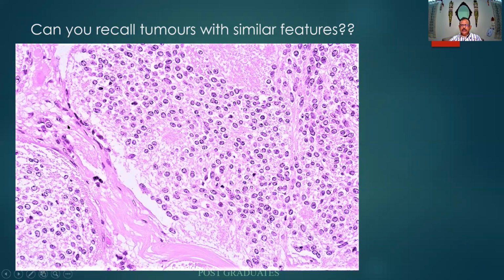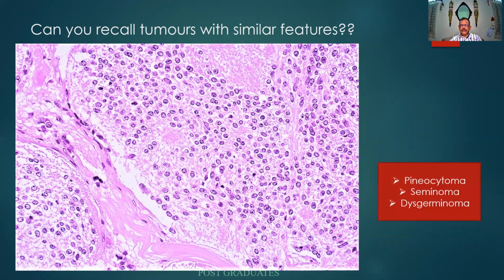Look at this one. It is not as aggressive as the previous tumors that we had seen. The cells are all having vesicular nuclei. There is no crowding or heaping up. They are all more or less uniform, and the nuclei are separated by a vacuolated and a eosinophilic cytoplasm. There are septae which are separating it. Supposing I tell you that this is from a 40-year-old male and testis, what is your diagnosis? Or if it is from ovary, a solid lesion, what is your diagnosis? So these could be included in the list of differential diagnosis.